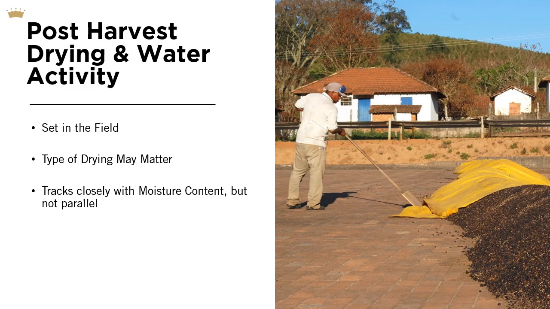And then if we contrast that with a large pile on a patio that does not turn regularly, the center of the pile will not dry at the same rate as the edges, making for problematic conditions. The higher moisture of the interior will constantly try to migrate to areas of lower concentration, which causes high water activity. If we compare both of these different examples with the mechanical dryer,